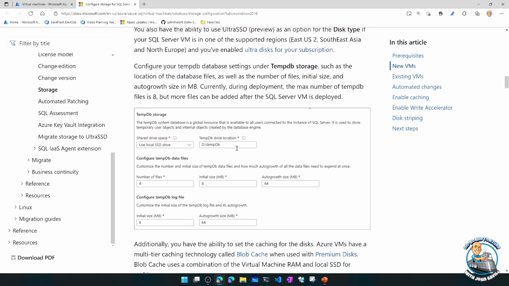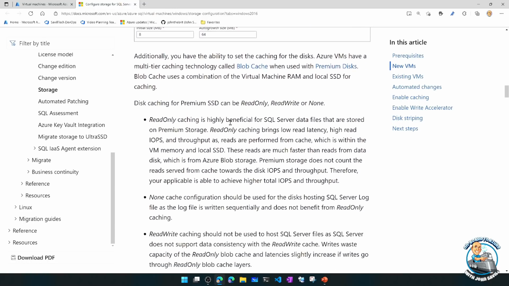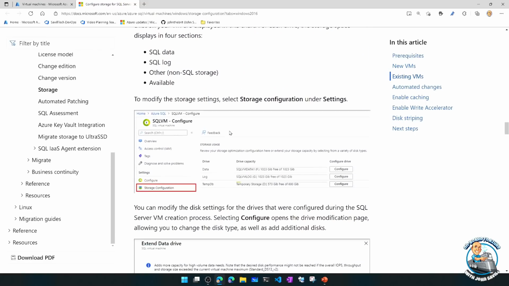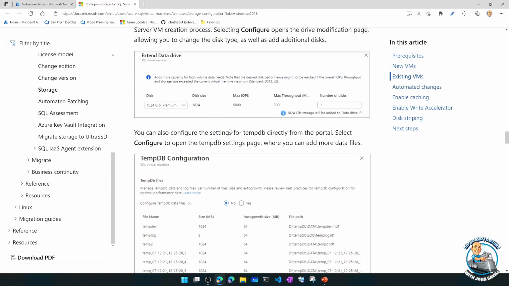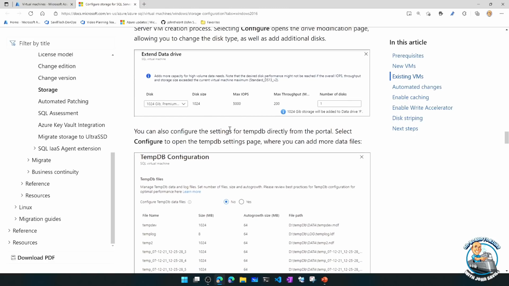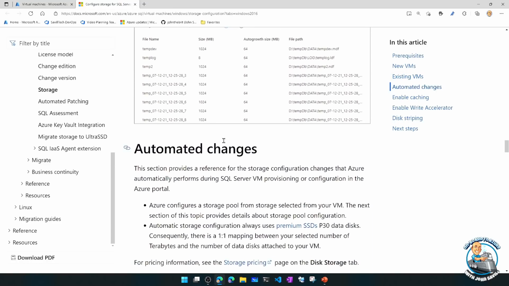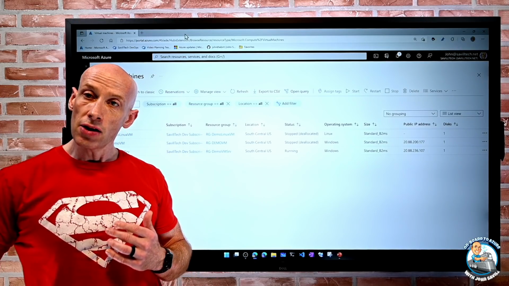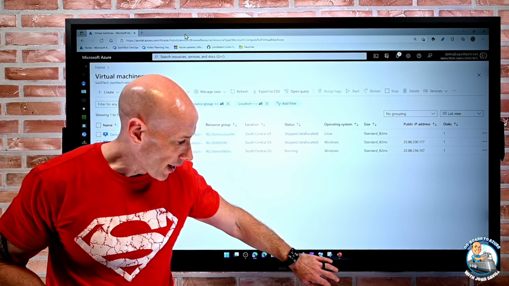And then once I have it deployed, you can see there's a whole bunch of configurations here. Once again, in the configuration, I can do things like adding data files. I can increase storage space via the tempdb blade. There's a whole bunch of other things that I can now actually do. So some nice enhancements all around that.